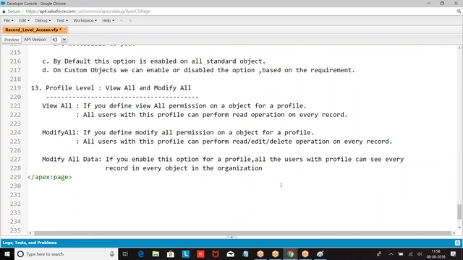Now this is with respect to object. On an object you are giving view all, but there is a permission called modify all data. If you enable this, you can see every record of every object.